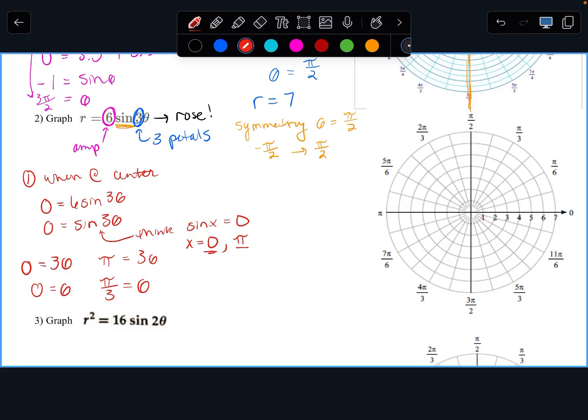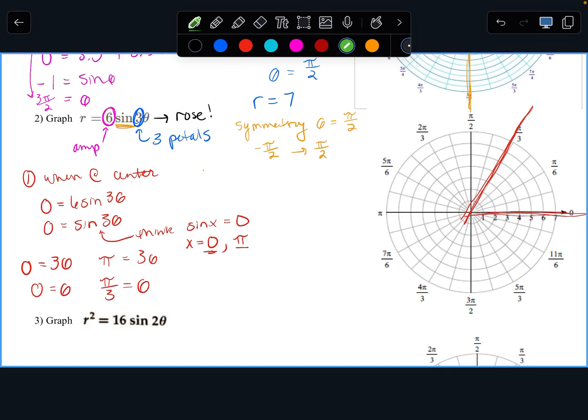Okay. So I'm going to complete one petal between 0 and pi over 3. Right? Because that's when it's going to come back to 0. So what I kind of like to do is, here's 0, here's pi over 3. I'm going to get a full petal in there. Okay? Now, because the petals are symmetric themselves, I can cheat a little by knowing when is it